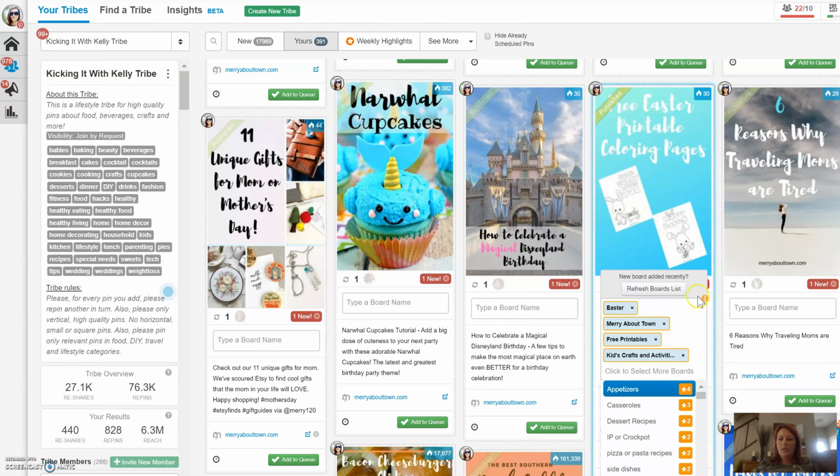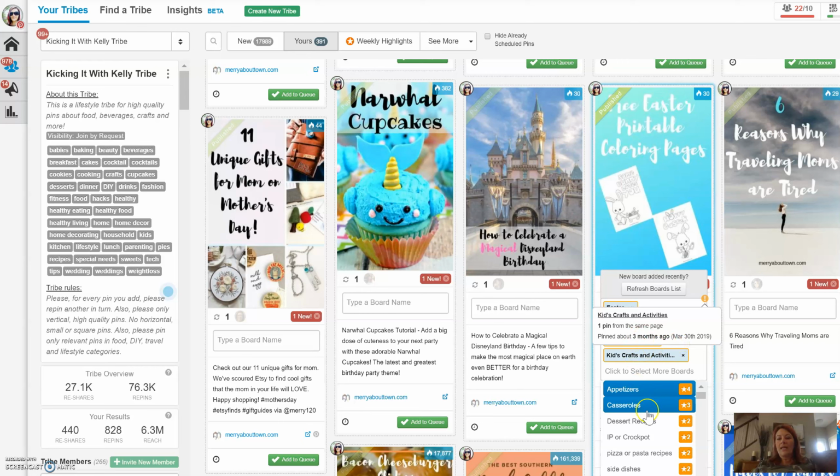So you see this little yellow circle here. If you click on that, it's going to tell you that you've pinned this specific pin to the same page 3 months ago. So we did it on kids, crafts, and activities 3 months ago, one pin. So that's fine. Now, if this came up and it said I did it 3 days ago, I probably would